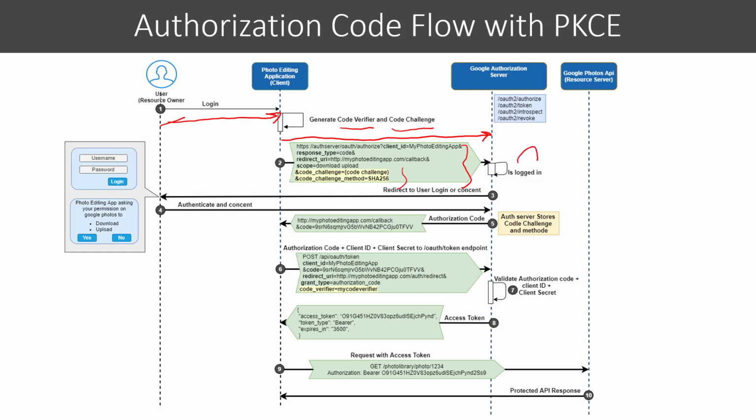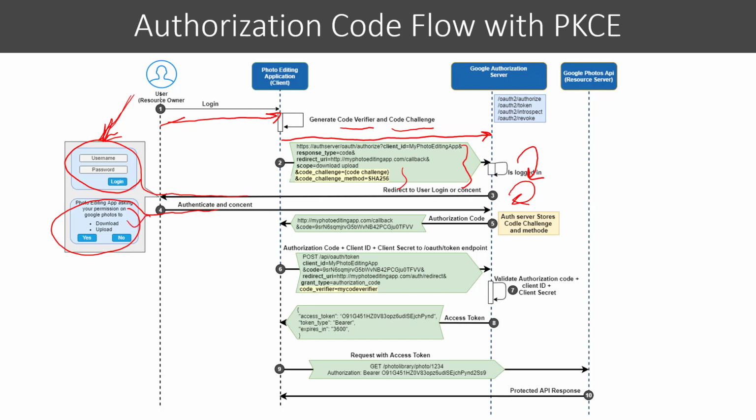The authorization server validates the client ID. On successful validation, the authorization server redirects the user to the login page. The user enters their credentials and submits the login page. The authorization server verifies the user credentials are correct. On successful verification, the authorization server redirects the user to the consent page. The user provides their permission on the consent page.